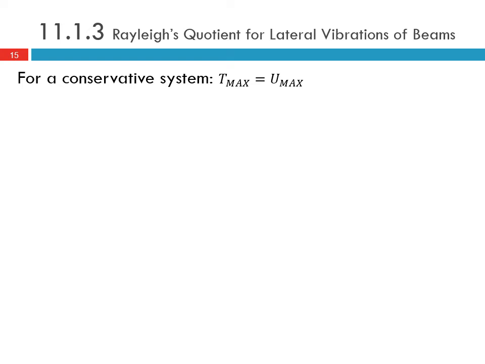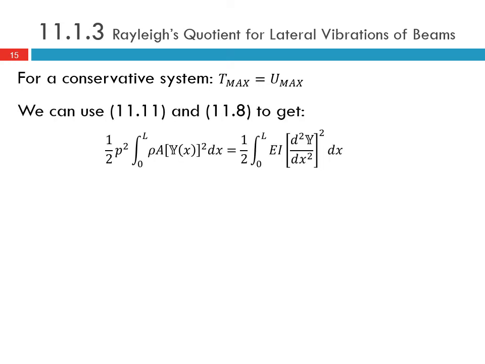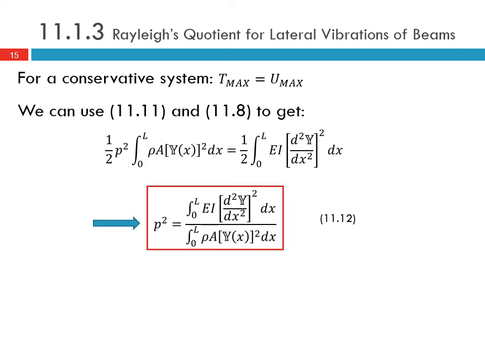And for a conservative system, T max is equal to U max. So this is assuming that the maximum kinetic energy, basically that there's zero potential energy at the equilibrium position, and the kinetic energy is a maximum at the equilibrium position. So if this is the case, then T max equals U max, and we can set these, 11.11 and 11.8, equal to each other to get this expression here, and we can rearrange and solve for p squared,